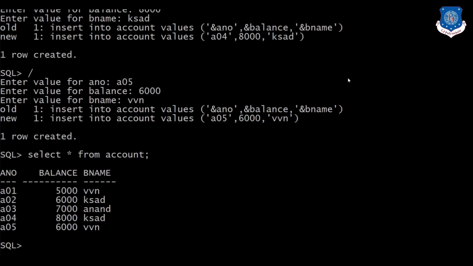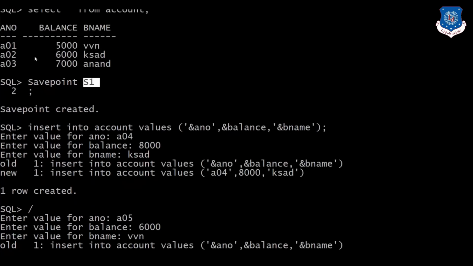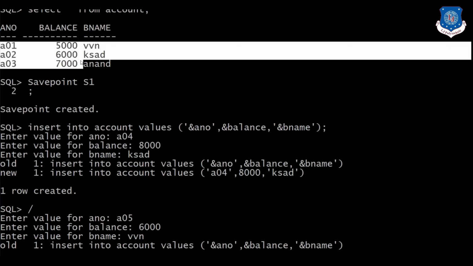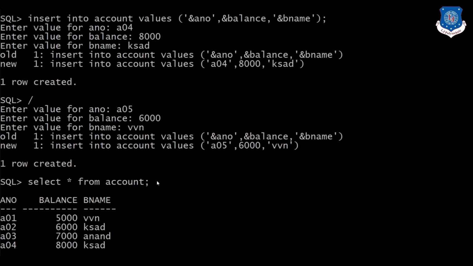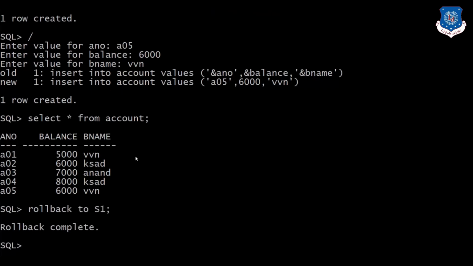Now what happens when we roll back the transaction? We have a save point here, S1, and before creation of this save point S1 we have 3 records in the account table. Whenever we roll back the transaction, it will undo the work that is done, rolling back to the save point name, that is S1.